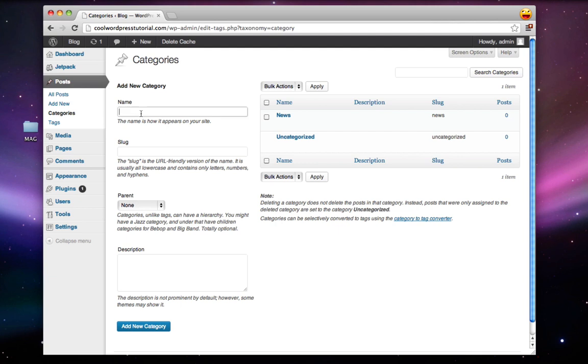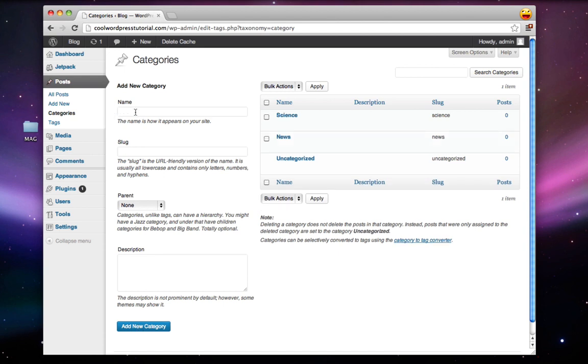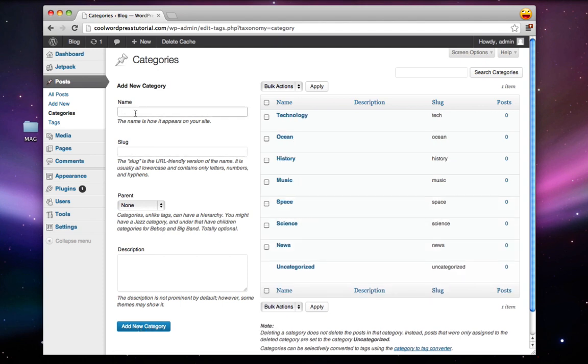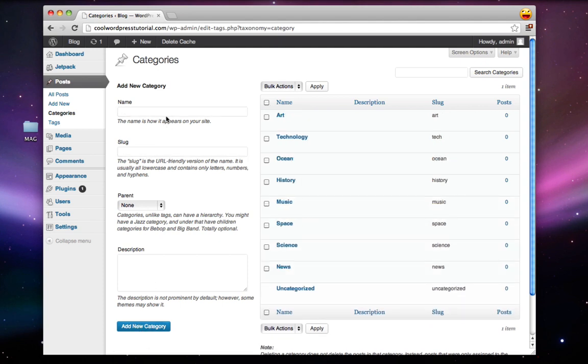The next one is going to be science. I'll leave the slug as science, and I'll just click Add New Category. I'll do it some more. So now that we've got all the categories that we want on our blog, let's just go over to